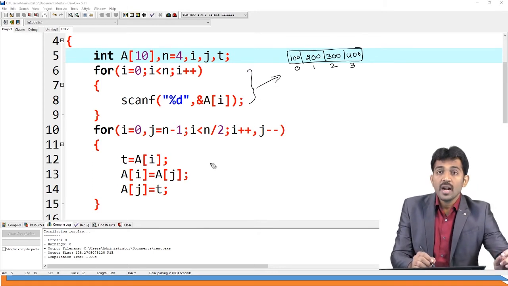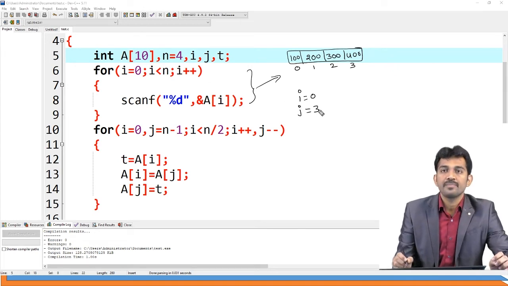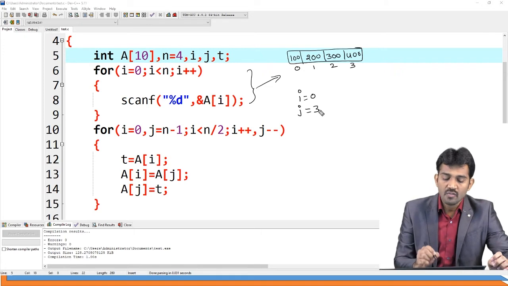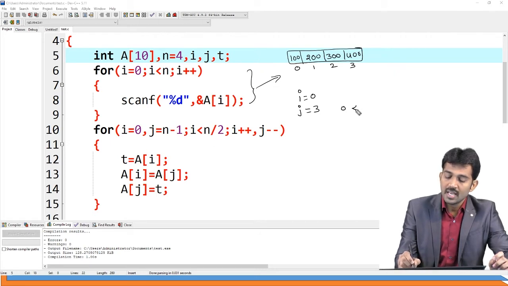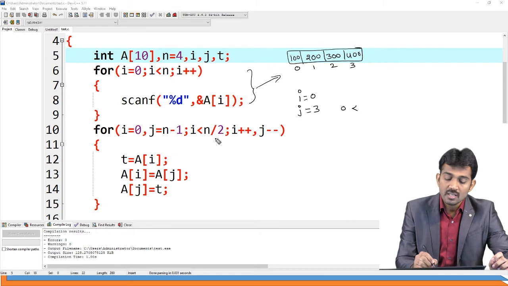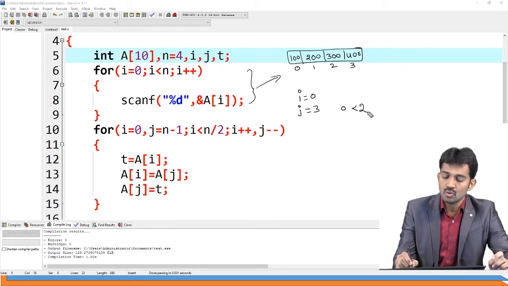After this, what am I going to do here? Observe carefully. Initially, I value is 0, right? J value is n minus 1. N minus 1 means the value is 3, right? And I less than n by 2. N by 2 means, what is the n value? 4, right? 4 by 2 means the value is 2.